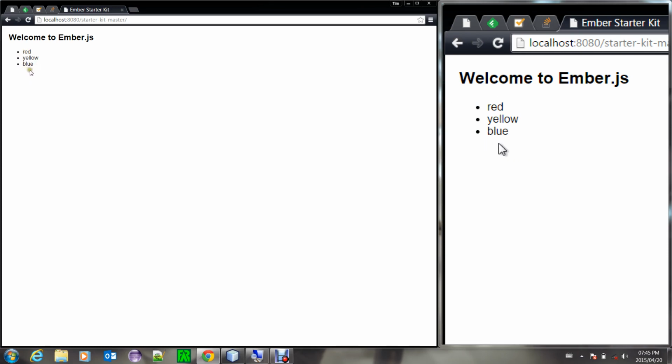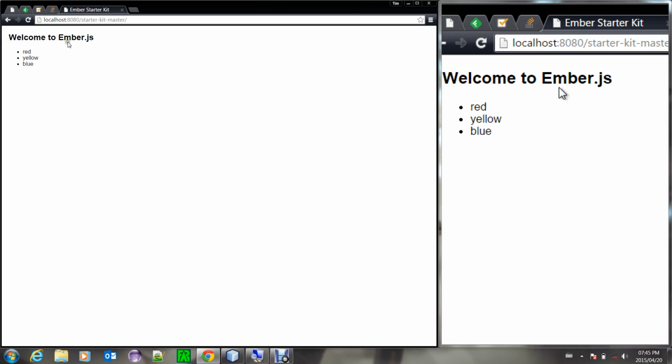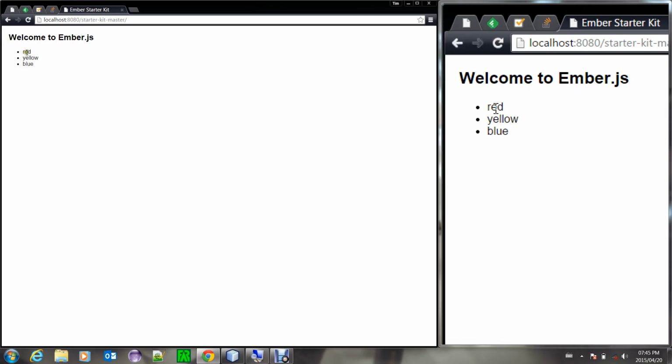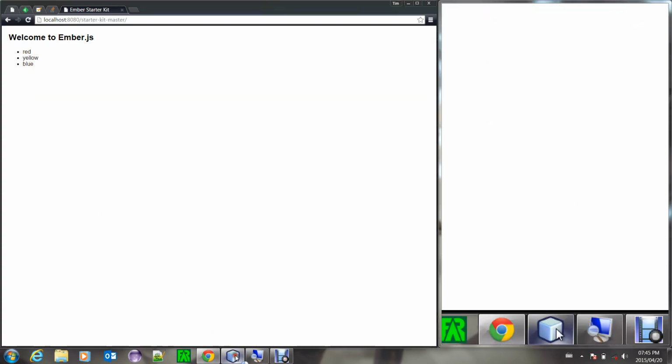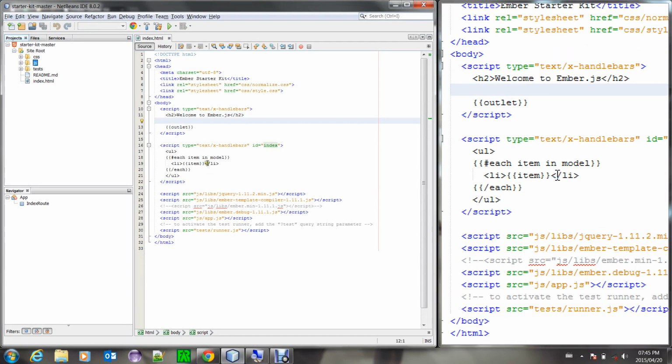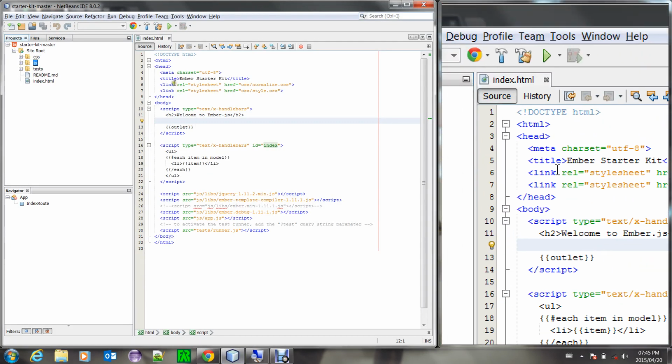before we could start doing any code. I said, well, this is your first Ember app running. So as you can see, at the moment it's showing welcome to Ember.js, and then an unordered list of colors, red, yellow and blue. So if we go over into our IDE over here and look at our index file,